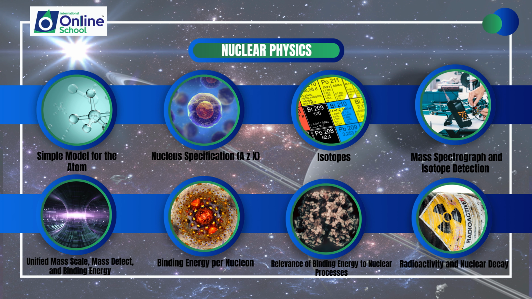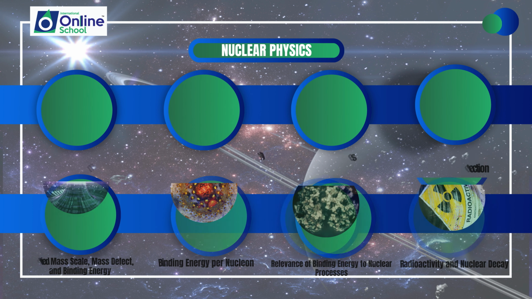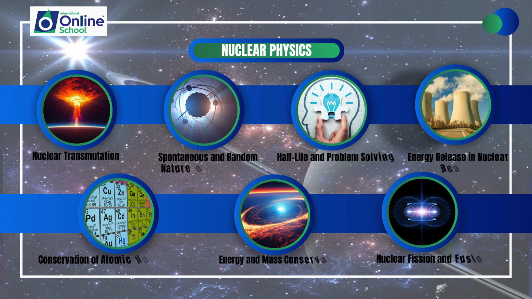In this overview, we dive into the simple model for the atom, nucleus specification, AZX, isotopes, mass spectrograph and isotope detection, unified mass scale, mass defect, and binding energy per nucleon, relevance of binding energy to nuclear processes, radioactivity and nuclear decay, nuclear transmutation, spontaneous and random nature of nuclear decay, half-life and problem solving, energy release in nuclear reactions, conservation of atomic number and mass number,